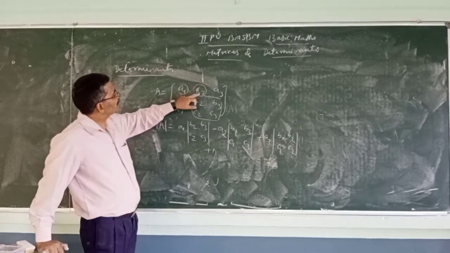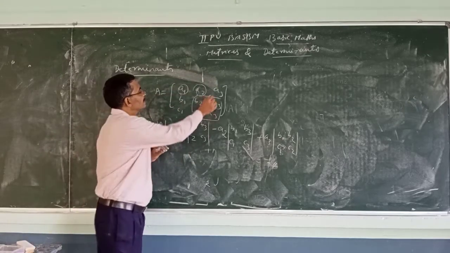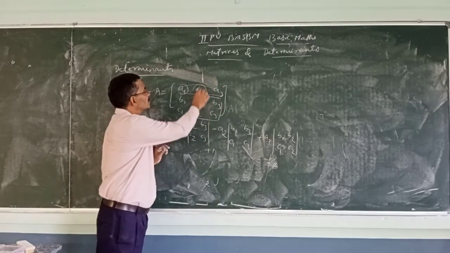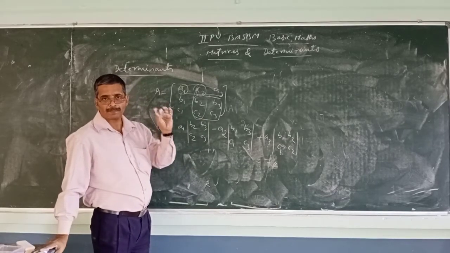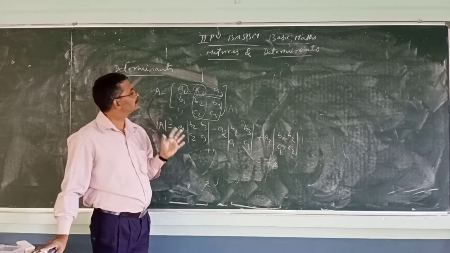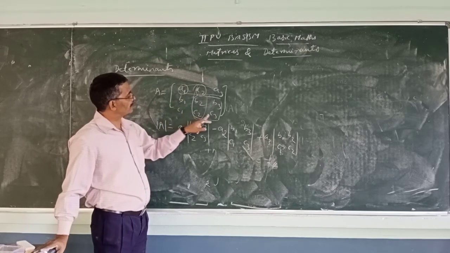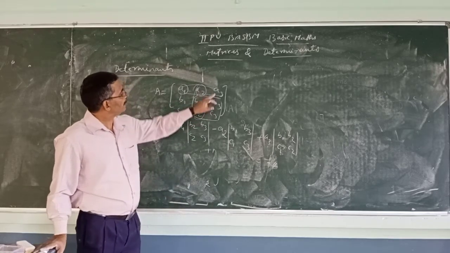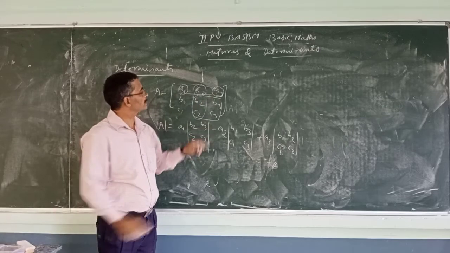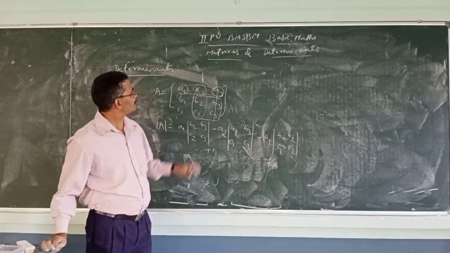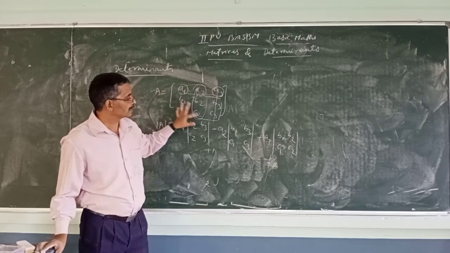Next, I am considering A2. When I consider A2, I should not consider the row corresponding to A2, or this column also. Don't consider that row and that column, that's all. If you take a particular element, don't consider that row and column. So for A2, I consider B1, B3, C1, C3. Last one, I am taking A3 now. A3 means again don't consider that particular row or this column. So what are the remaining? B1, B2, C1, C2.